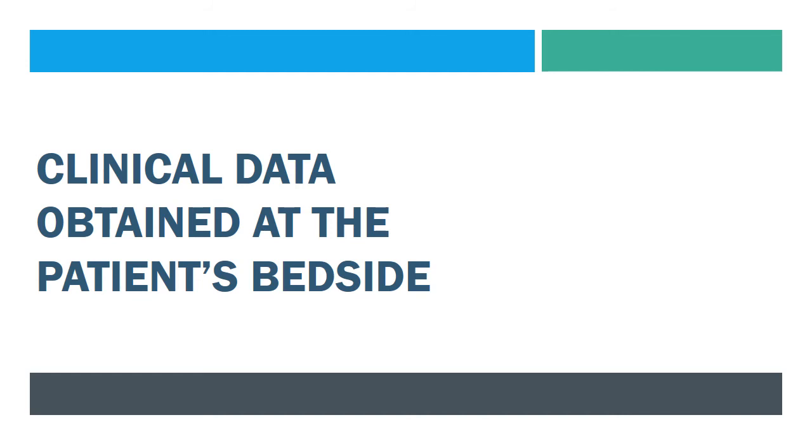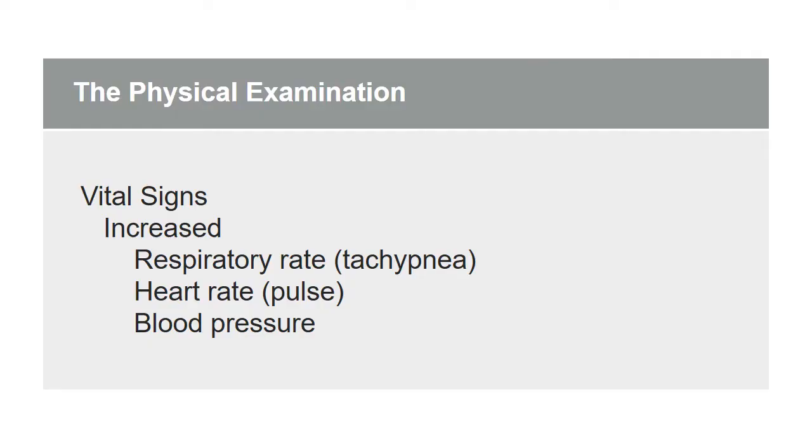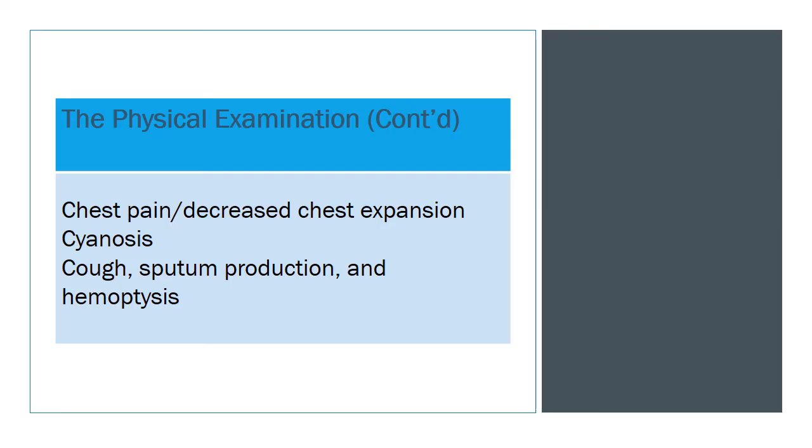You will also see increased bronchial secretions. Clinical data obtained at the patient's bedside. What will you see at the patient's bedside? You will see increased vital signs, increased respiratory rate, heart rate, and blood pressure. You may also see chest pain and diminished chest expansion, as well as cyanosis, cough, sputum production, and some of that sputum may be bloody